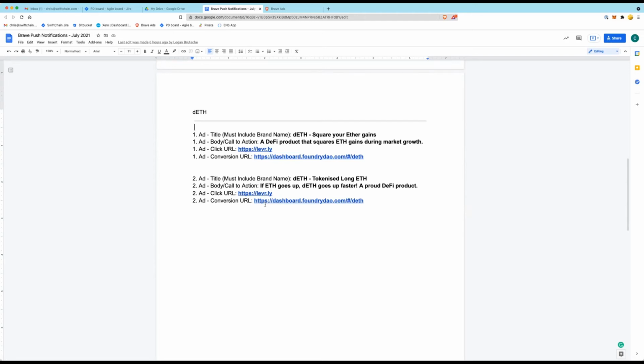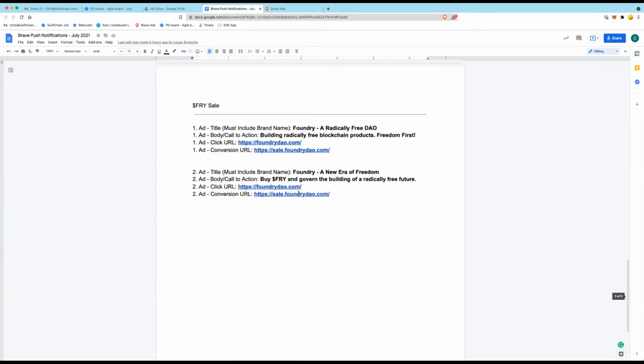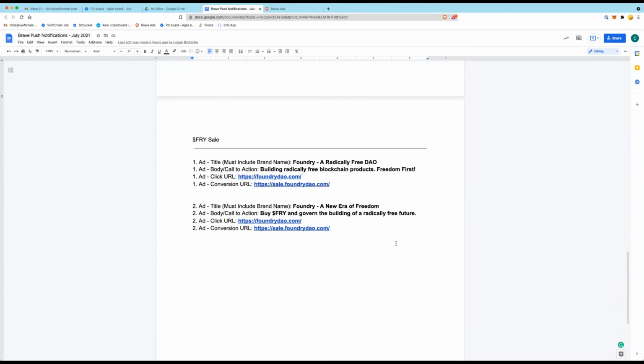Cool. Yeah, the second one, ETH, tokenized long ETH, and the description, if ETH goes up, ETH goes up faster, a proud DeFi product. Then for the Foundry sale, we have 2 ads as well. They allow you to have a maximum of 5, but for now we just have 2 for each. And yeah, so it reads Foundry, a radically free DAO, and then with the description, building radically free blockchain products,